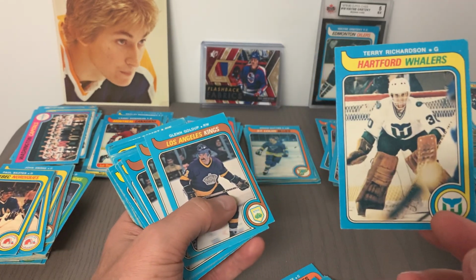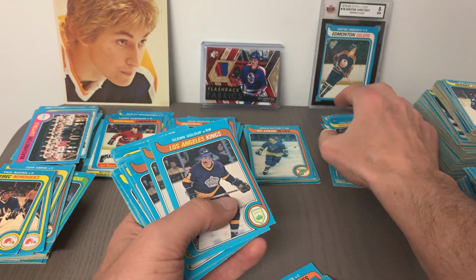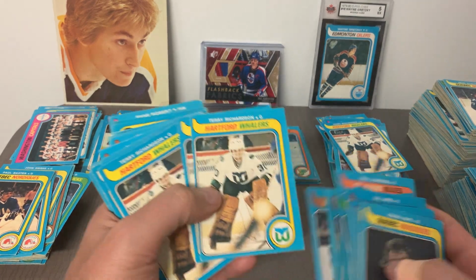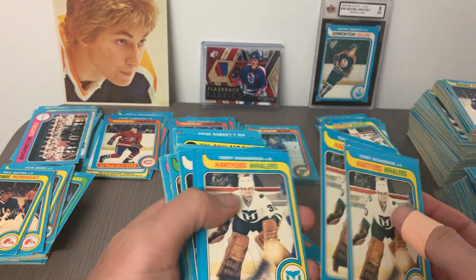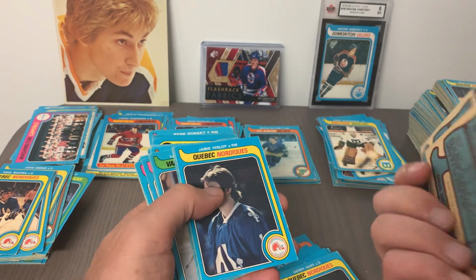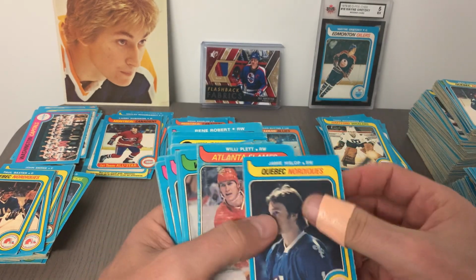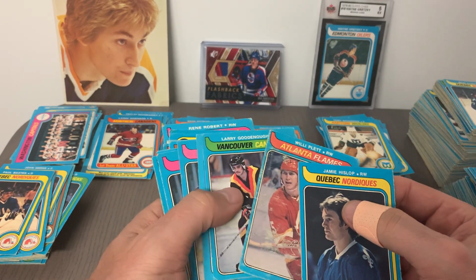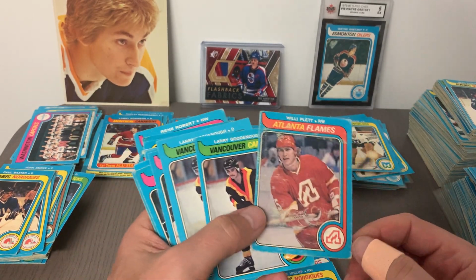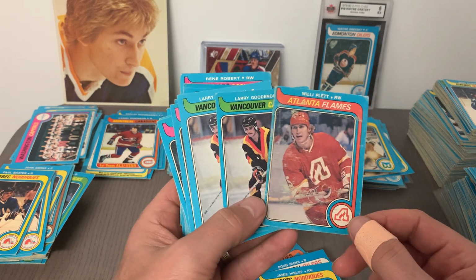Terry Richardson, gold Hartford Whalers, New England Whalers style jersey. Another goalie. So yeah, guys, as I work through the sorting of these, look at these multiples here. You're going to find me making these cards available. Like I said, I'm in a bit of a mode right now to get these sorted and get them all listed out in lots. So you watch for them on my eBay store, BT Sports Cards,